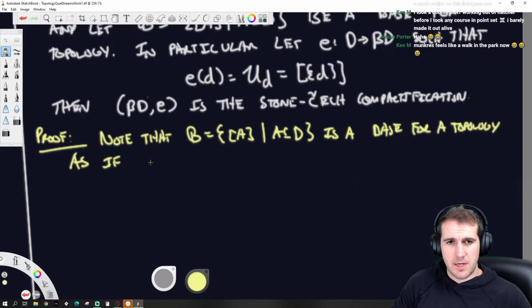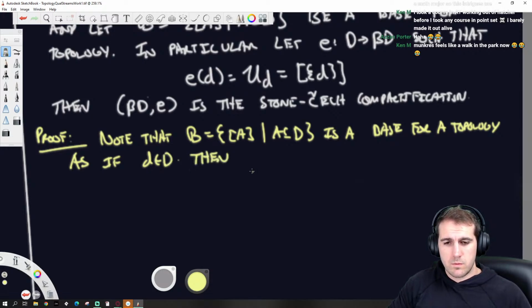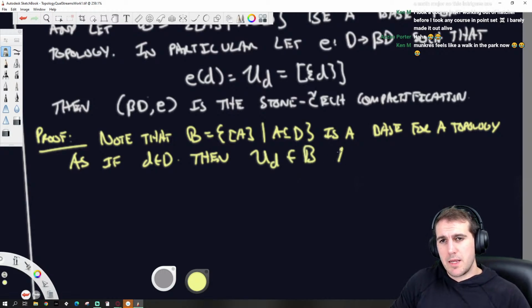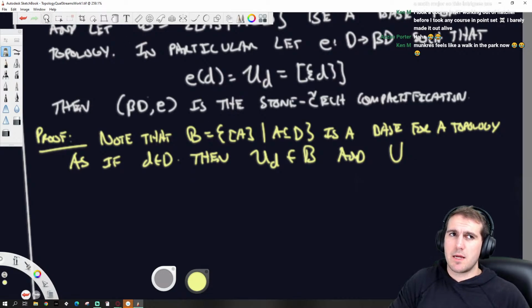So if D is within D, then the principal ultrafilter is within B, and the union of all of these principal ultrafilters is going to be, hold up.